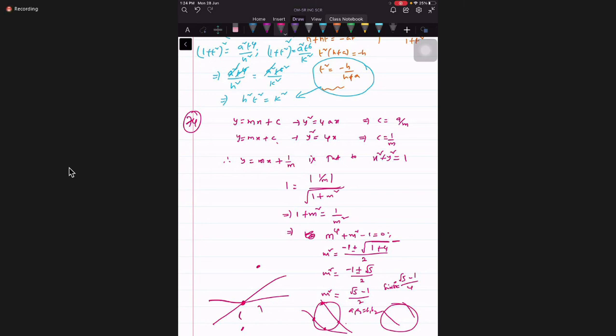70, I'm talking. Locus of midpoint of focal chords of the parabola. Focal chord if you take, what is the midpoint always? Where does it lie, tell me? One end of focal chord when you know another end, do you know or not? Yes, sir. T1, T2 is equal to -1.